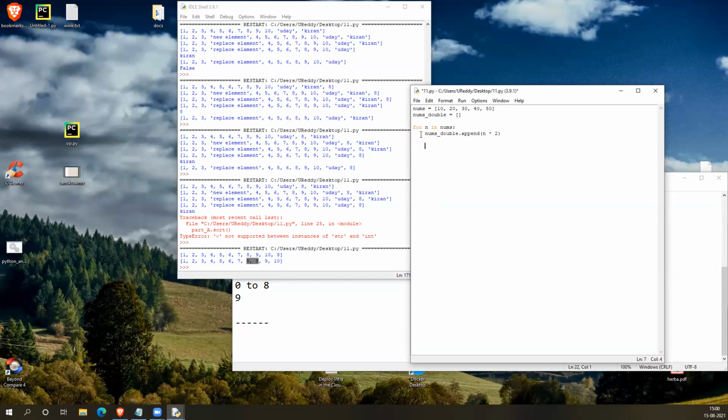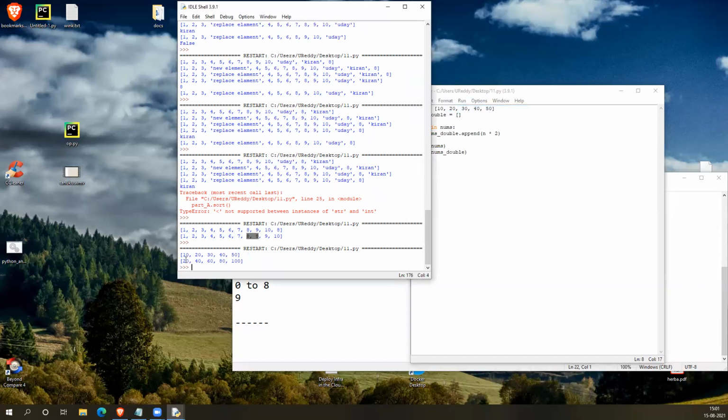Understood? So now just print the nums, the initial value, and next print the nums double. You see, all got doubled.